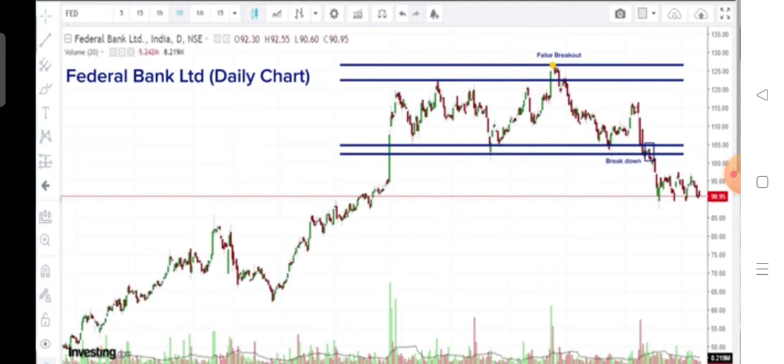The basic point is that when you draw a rectangle, it is important to understand that the consecutive highs and lows won't be exactly at the same level. So there can be multiple boundaries at small distance you have to draw, and when eventually the furthest of either of them, the support or the resistance line, gets broken, then only you can be sure that it is breaking down in a proper way.